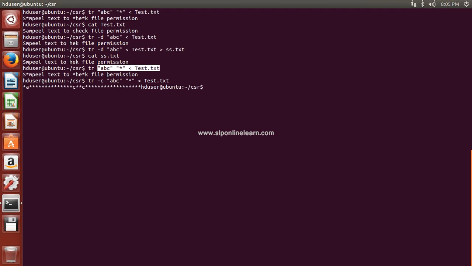See, apart from these characters in the file, rest of all replaces with asterisk. Only whenever there is ABC, that will be as it is. Okay, but others will be replaced with asterisk. Fine. So this is -c option,